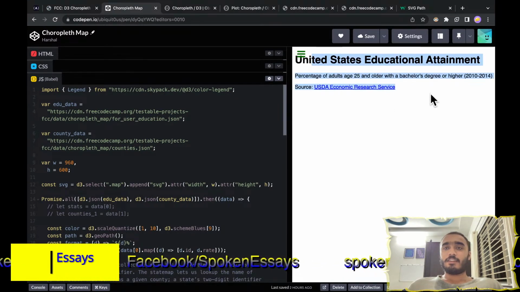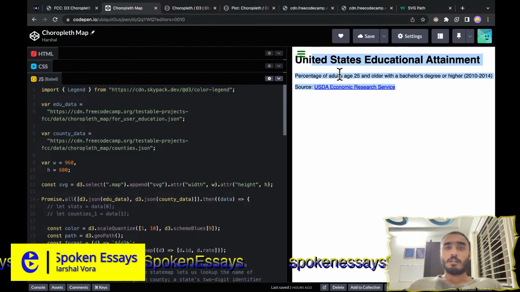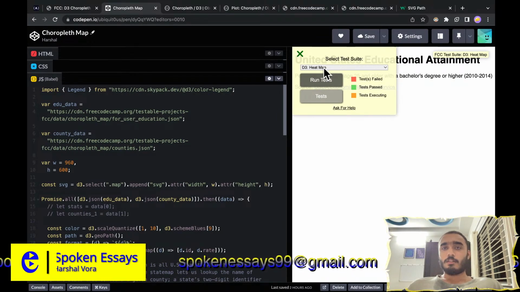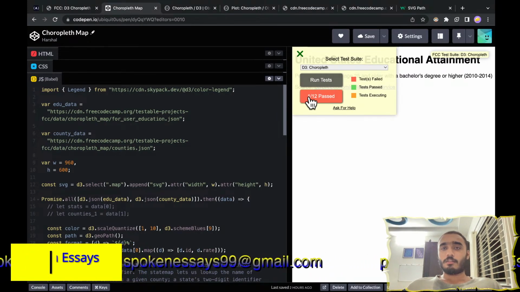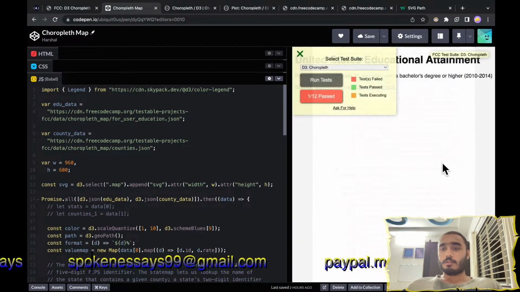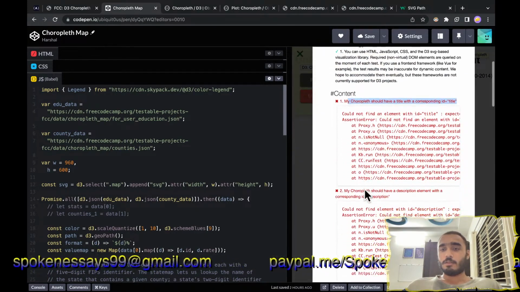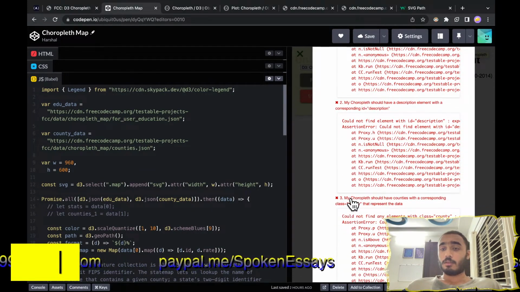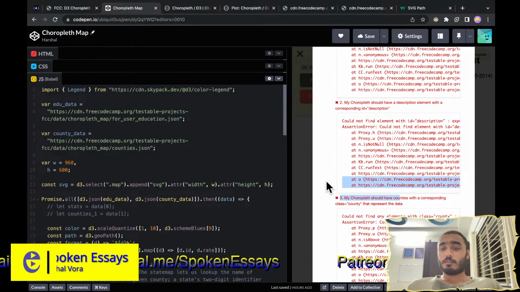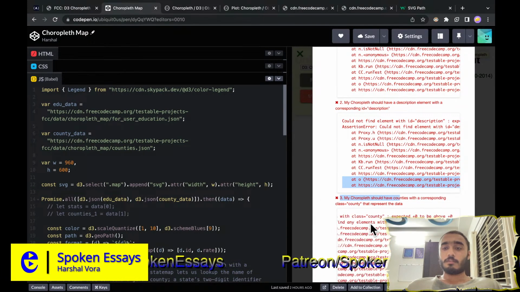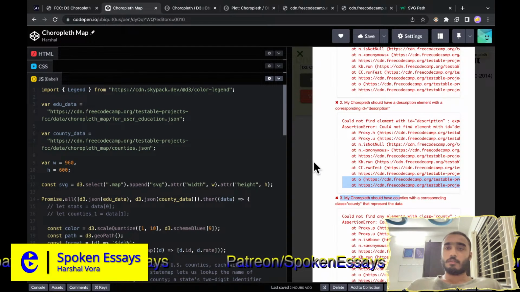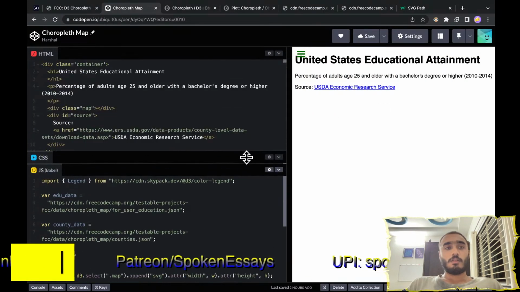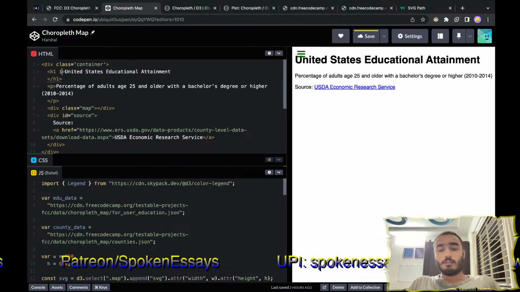We've already added the text, the required text. Now what we need to add is a few of these things. So before I do that, let's select the choropleth and run the tests. So it should have the title with the corresponding ID title. Then the description should also be there. So let's add the descriptions and the county. Now we haven't added the counties yet, so we'll do that once. Okay, so first title and description, we've already added them. We only need to add the ID,